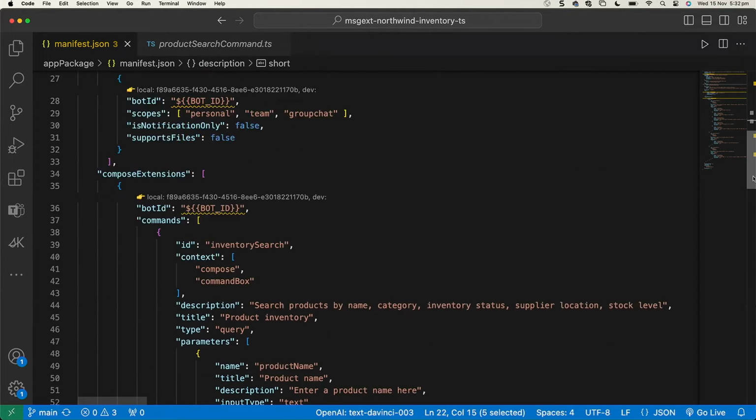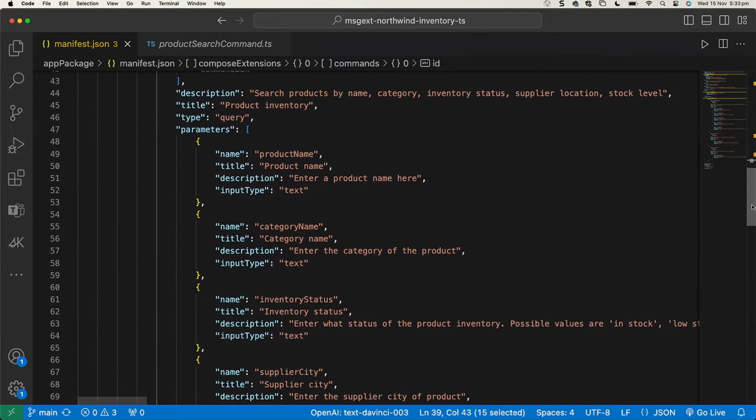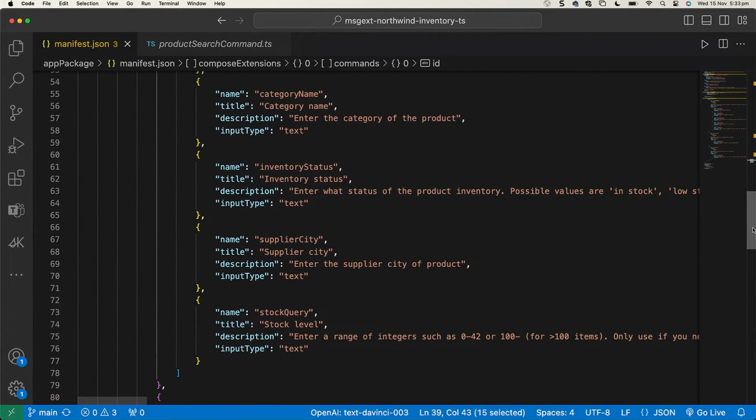And then we come down to the message extension section. You've got now inventory search instead of product search because, hey, Copilot is able to process more than one parameter. So in Teams and Outlook, your message extension can process only one query parameter, but Copilot can process multiple. So now we have product name, category name, status, supply city, stock query.